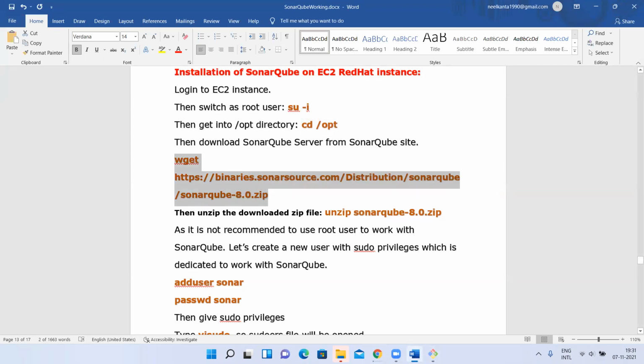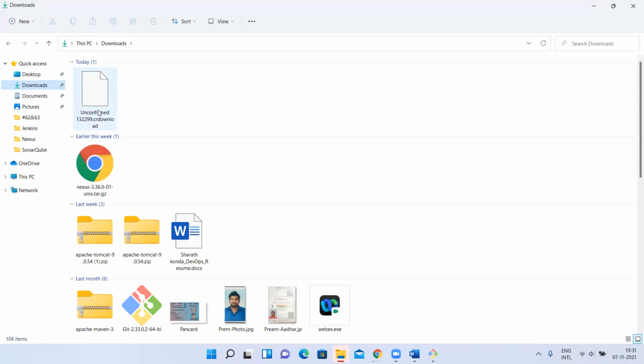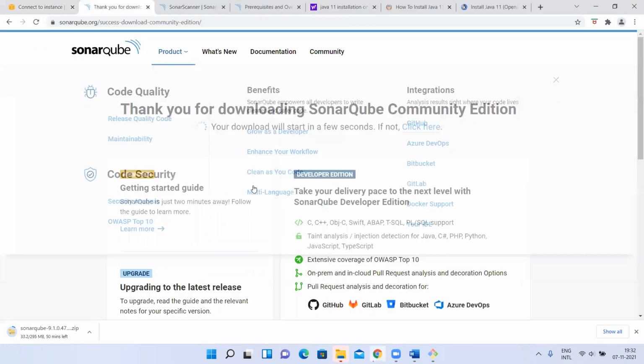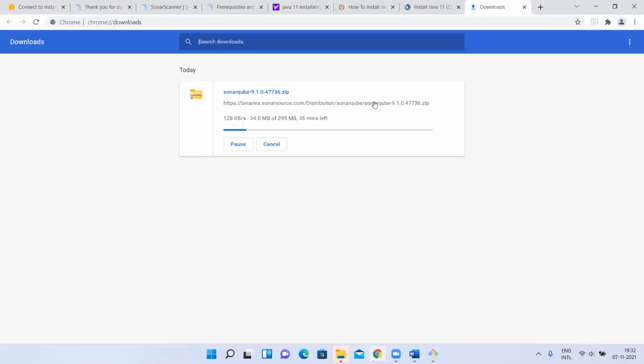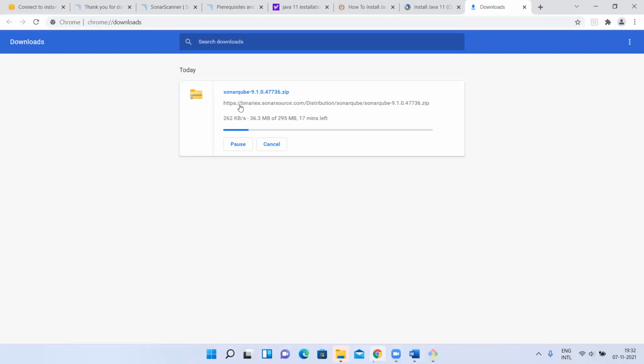If you want to take it, whatever you have on Windows, you can just click on this. Just now I have shown you. When you click on downloads, it will show this URL. You can take this URL and use wget here. This is how I got this URL for wget. You can give this URL to download. So I'm downloading it for Windows.